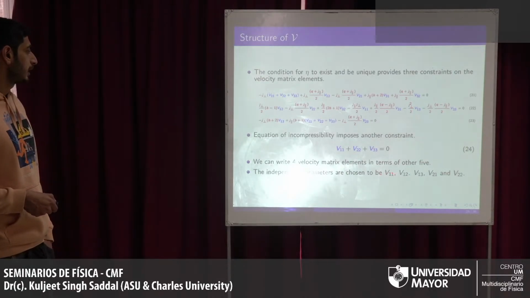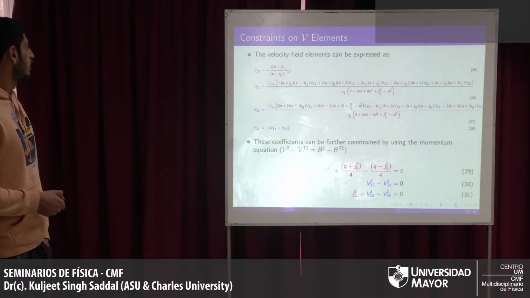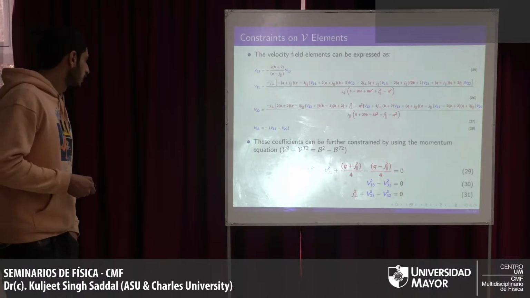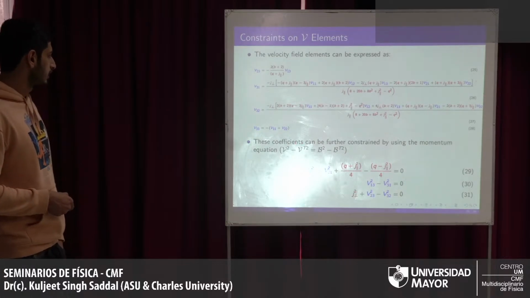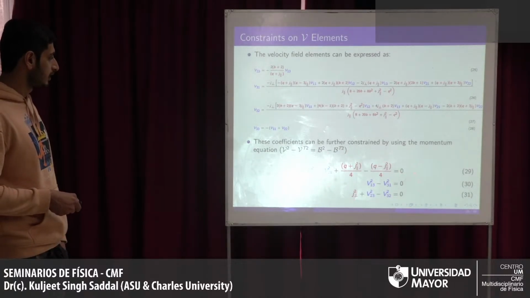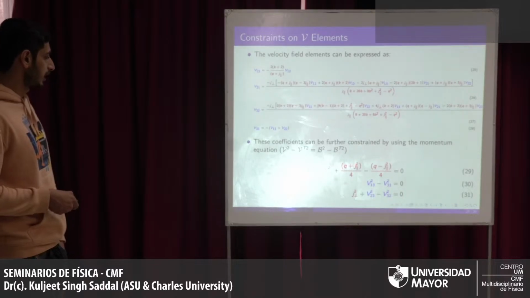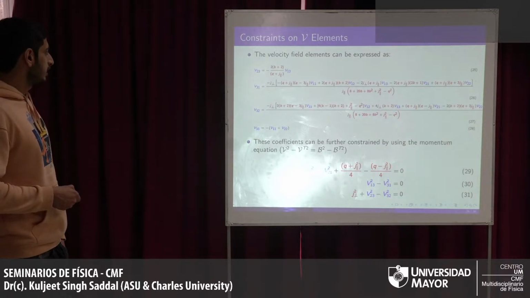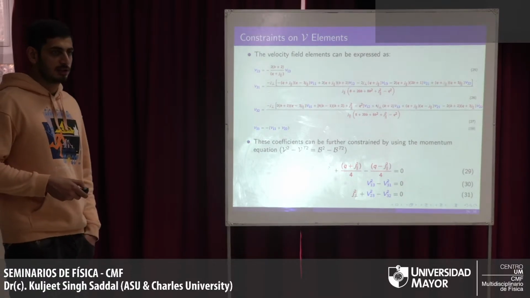We choose the independent parameters to be the first 5 elements of the velocity matrix, and we can just solve the linear equations and express each term in terms of the first 5. Now we also have the momentum equation, which I said before is just 3 quadratic equations in terms of the velocity and magnetic field parameters. So now we have 5 parameters, V11, V12, V13, V21 and V22. We have 3 equations, so